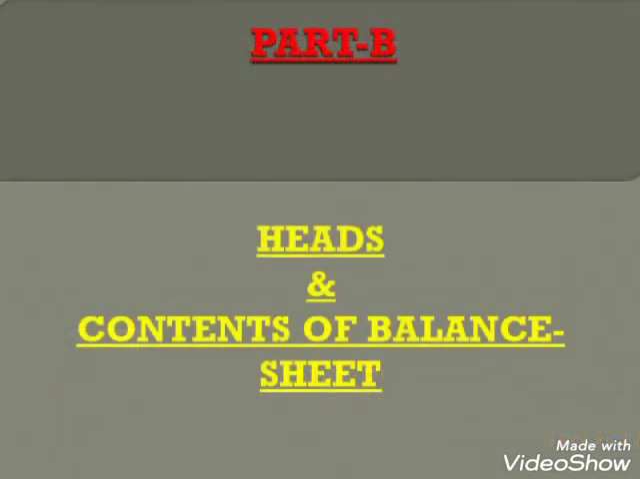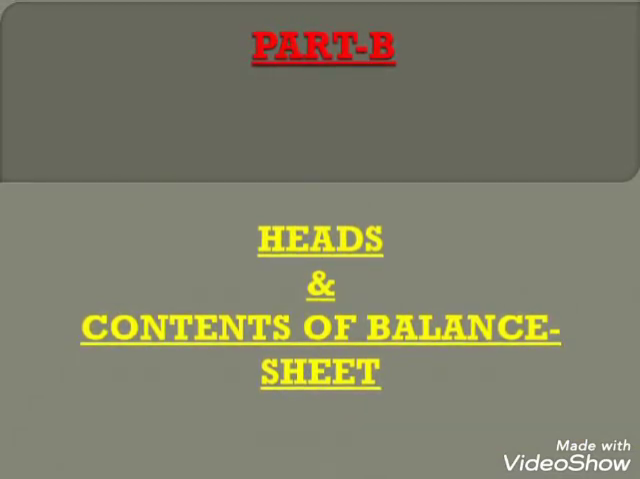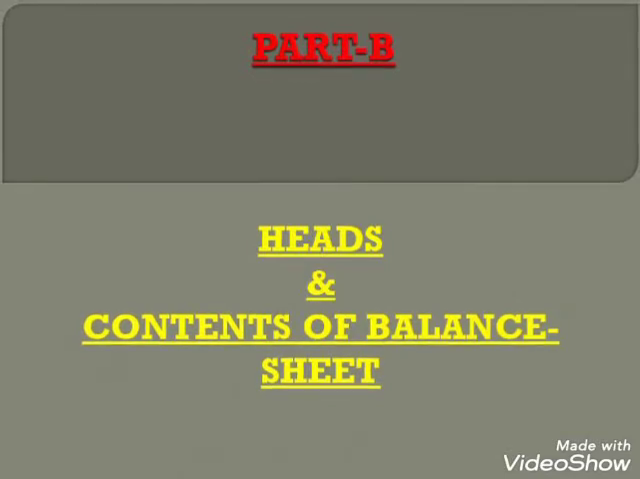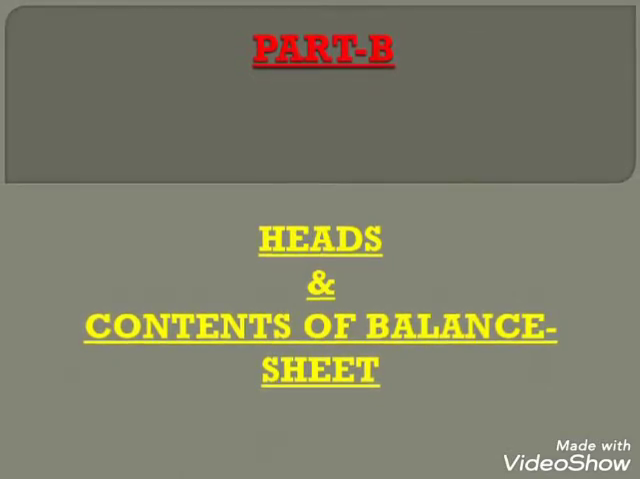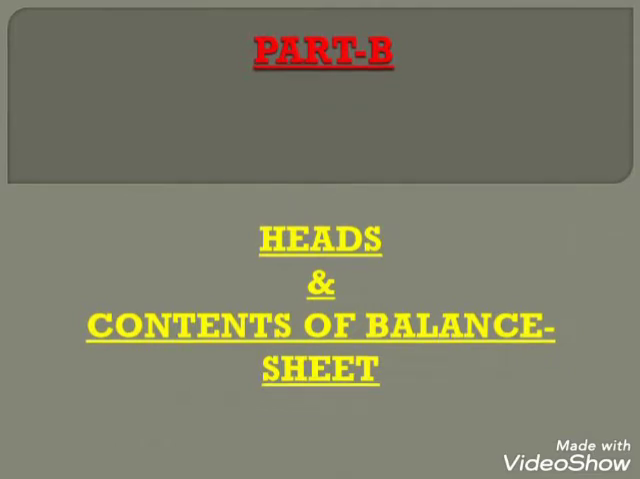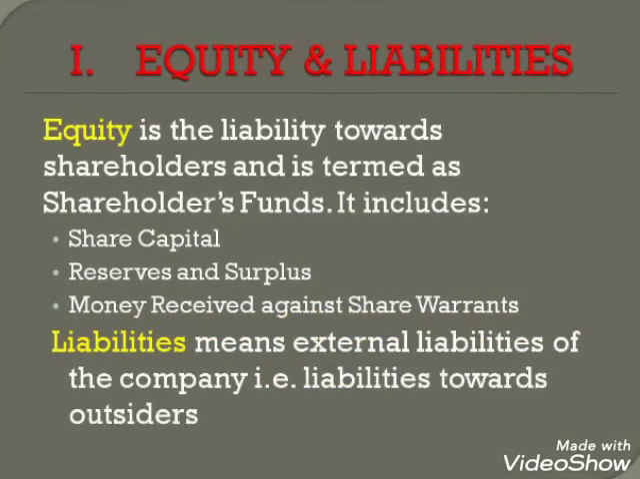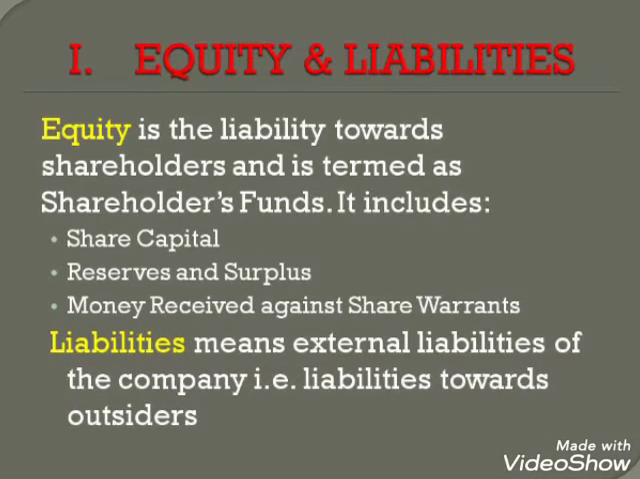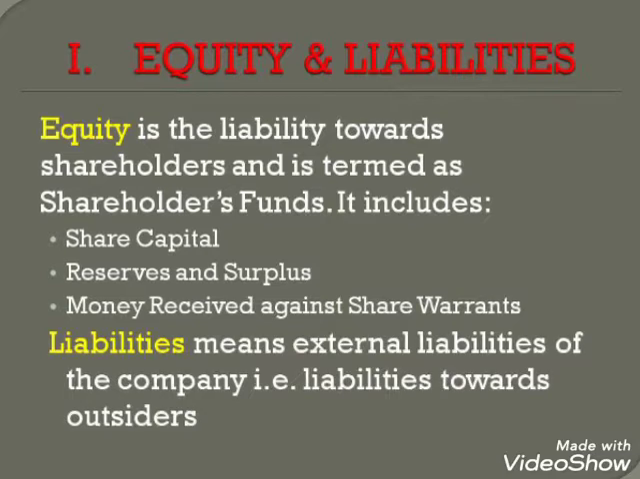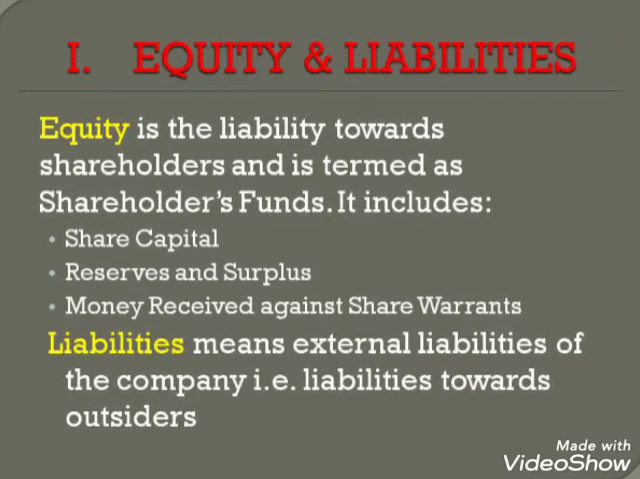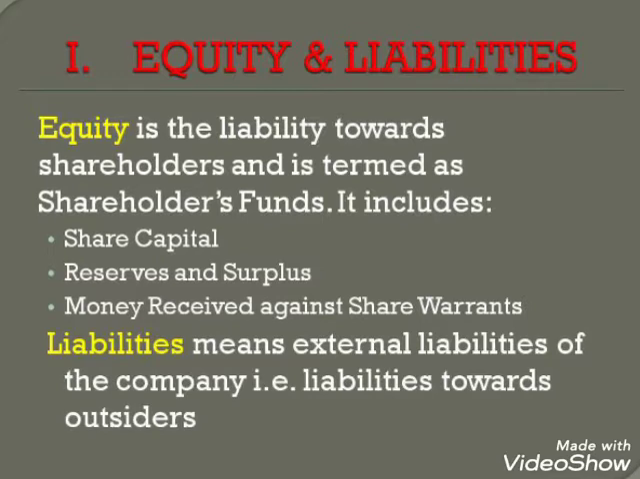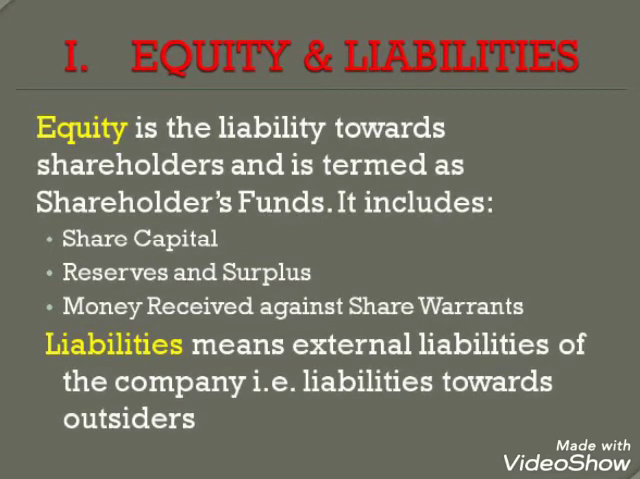Earlier we had discussed financial statements of a company. Now, further we will discuss heads and contents of a balance sheet of a company. The balance sheet of a company is divided into two sections. Section 1, Equity and Liabilities. Section 2, Assets. Now, firstly, in the equity and liabilities section, equity is the liability towards shareholders and it is